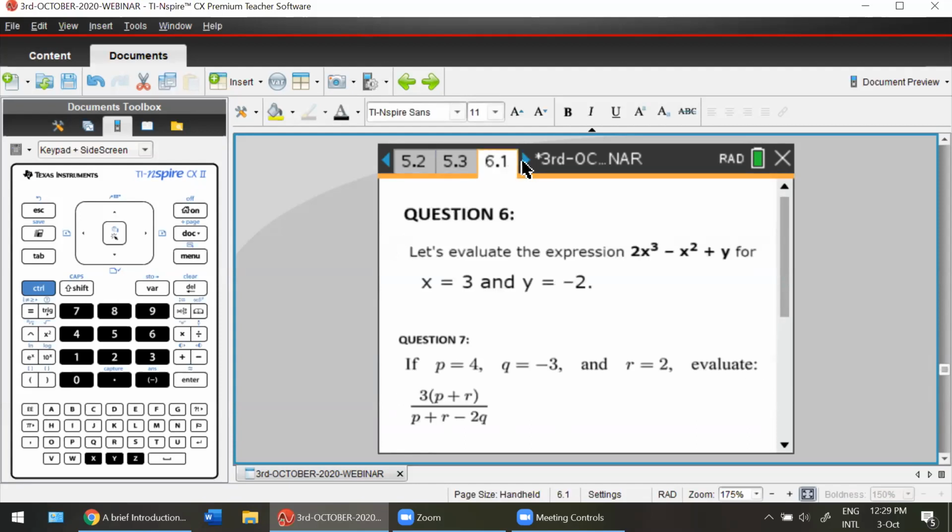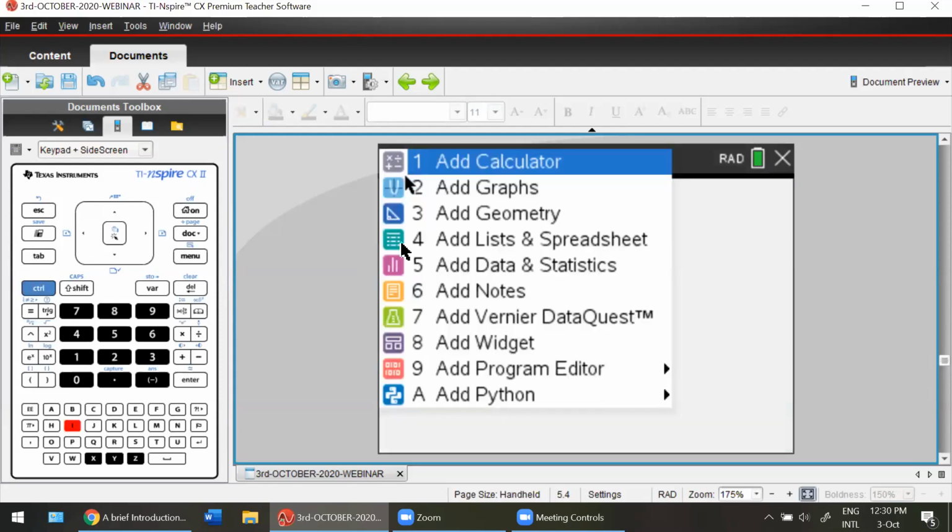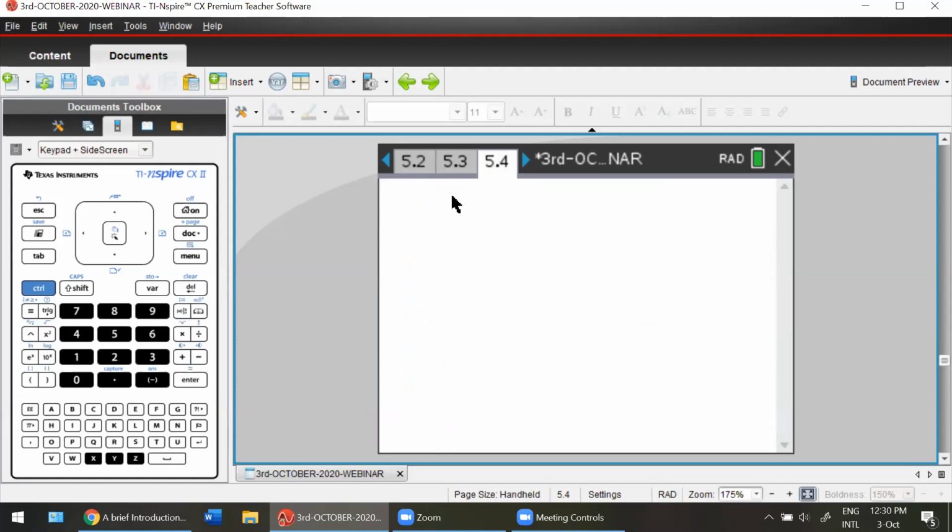Let me go to 5.3 here. Now, if I want a new page, I can either press Control and the dock key and you'll get another page, or you can also press Control I. I like pressing Control I. I'll hit calculator because, as Hassan explained, you have various options to select whatever you want from here. You can see I've added another problem.